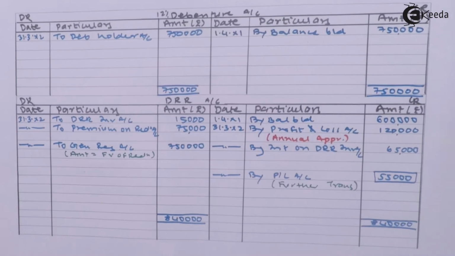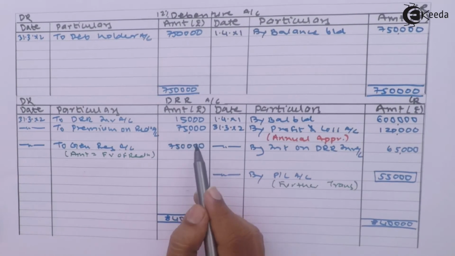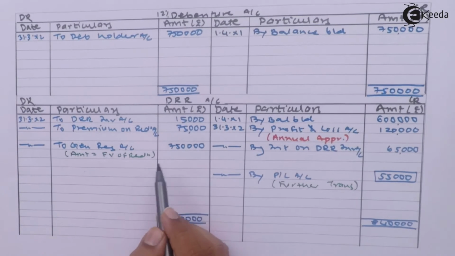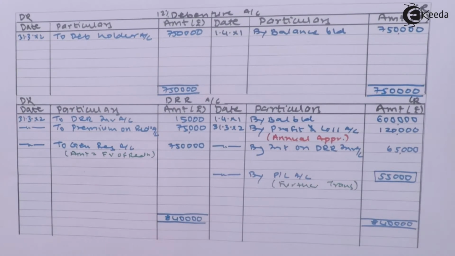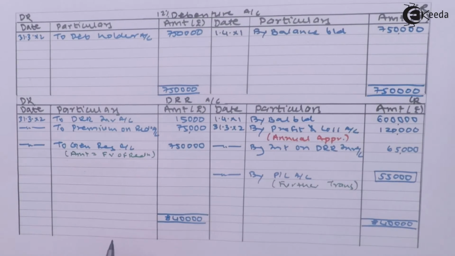Student, let me tell you one more thing which is possible, which is there in your institute module. They have not considered premium on redemption to write off from DRR, but we have considered, which is rule. Second thing which is not considered in your institute book is transfer to DRR is always equal to transfer to general reserve is always equal to face value of debentures redeemed. तो हम लोगों ने वो फॉलो किया है जो आपके मॉडल के क्वेश्चन में ये फॉलो नहीं हुआ है। तो लेट मी टेल यू दैट क्लैरिफिकेशन फर्स्ट।